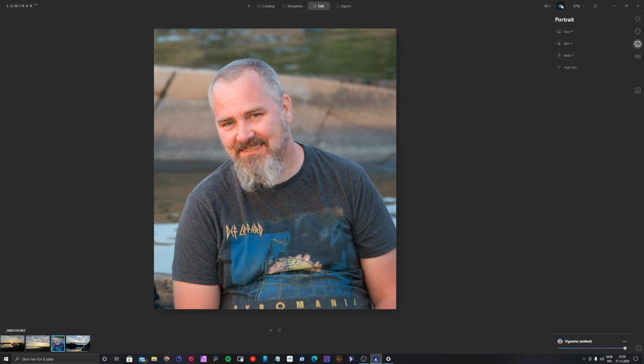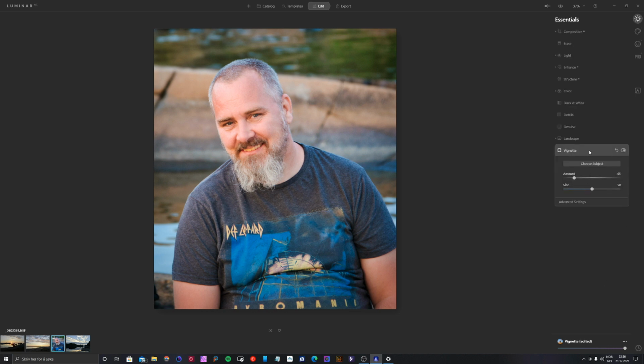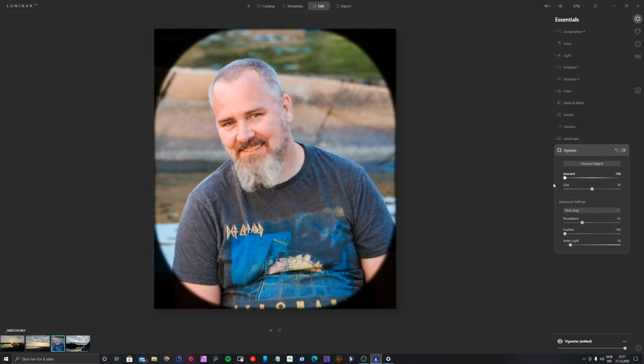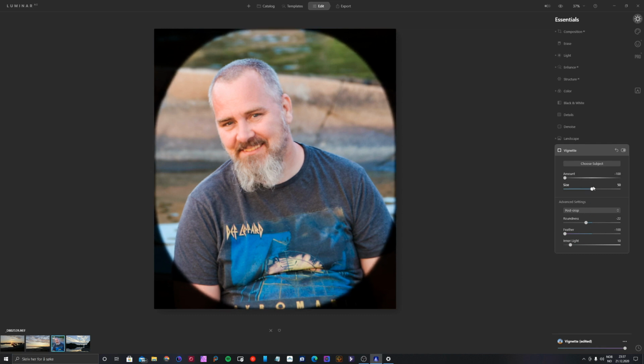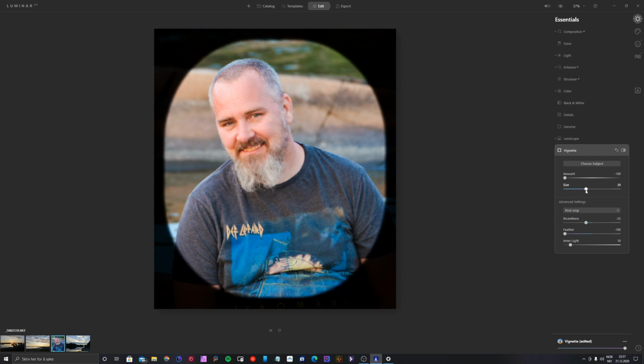So this is before and this is the after. I kind of like it actually. Would maybe go with a vignette here. So I'm going into advanced settings and the feather is at 100%. That's good. I'm going down on the roundness. I'm just gonna do like this and go all the way down there and go to around there and down on the size, and I'm just gonna feather it out